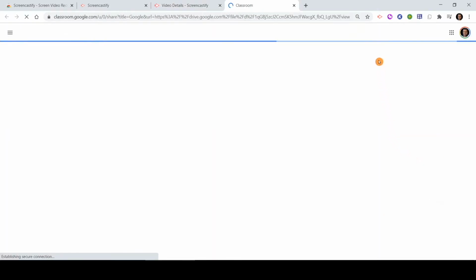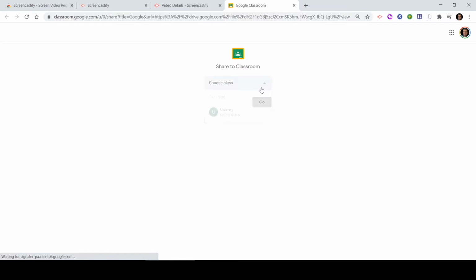So that will prompt now. You can see it's asking for which classroom. So if I click on this drop down, I select my class. So it will ask me for the action, which action I wanted to take. Now let me create one material. Let me click on this particular option and click on go.